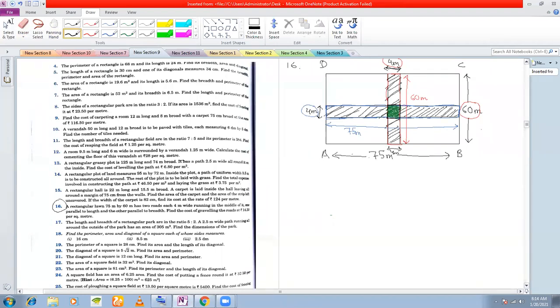This width you see is 4 meters. So this is a square of side 4 meters. So the area is 4 squared, right? That you have to subtract. So let us find out